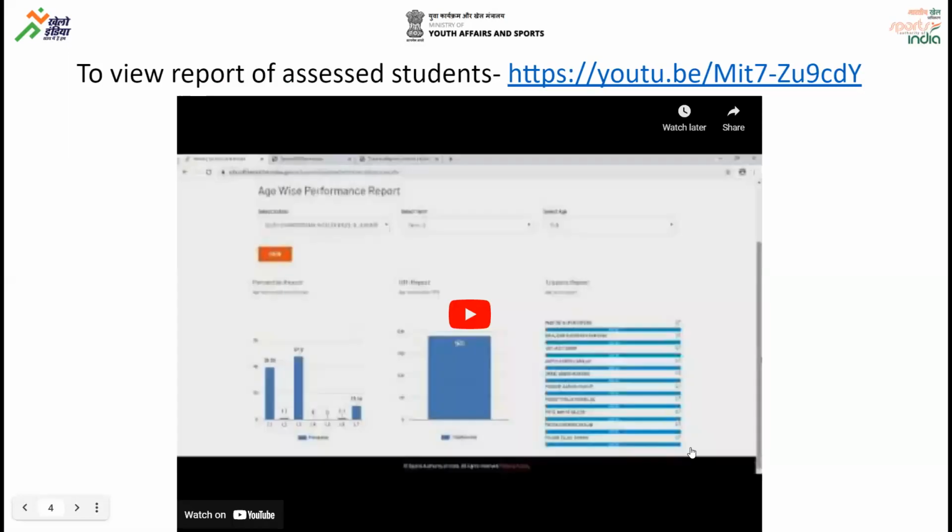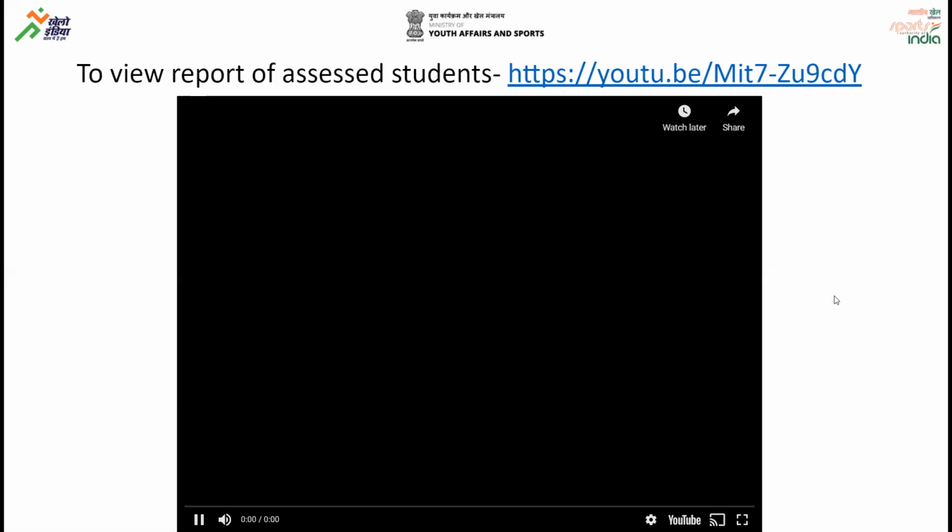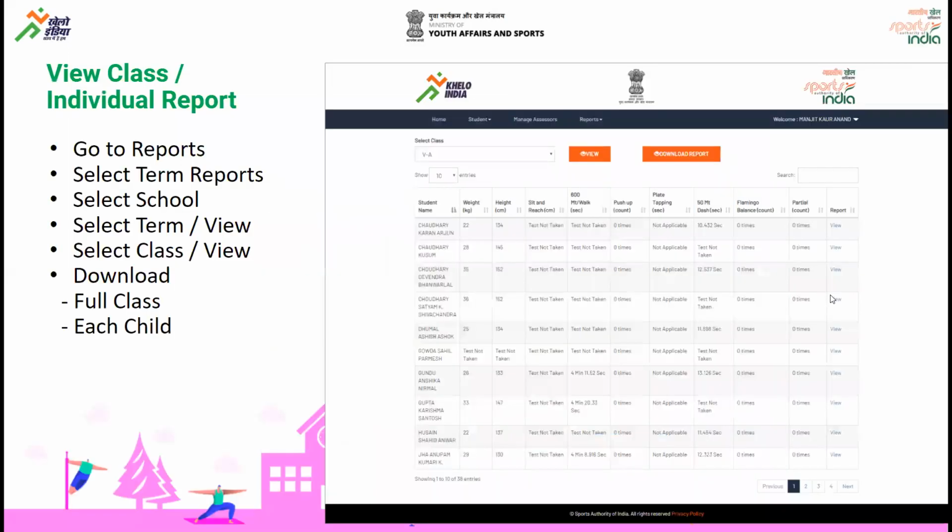So here you could see that there are various reports. 4 kinds of report we saw. We saw the age-wise report. We saw the class-wise report. We also saw the school dashboard, and the fourth thing that we saw was the top performers. So the principal can log in and download this term-wise report card, which can be distributed to students, and also see the performance of the school.